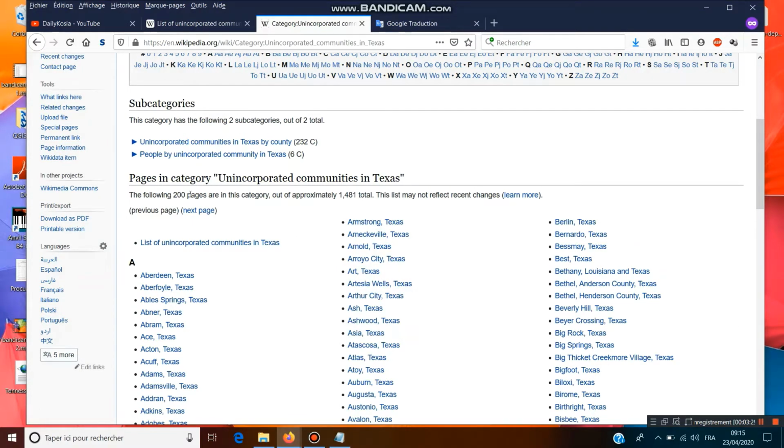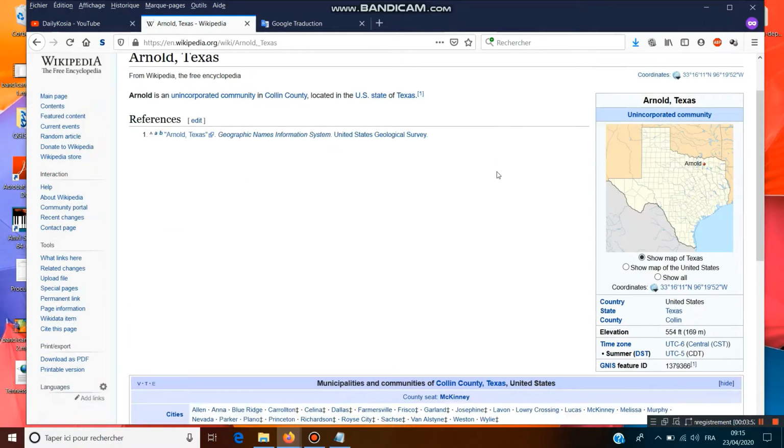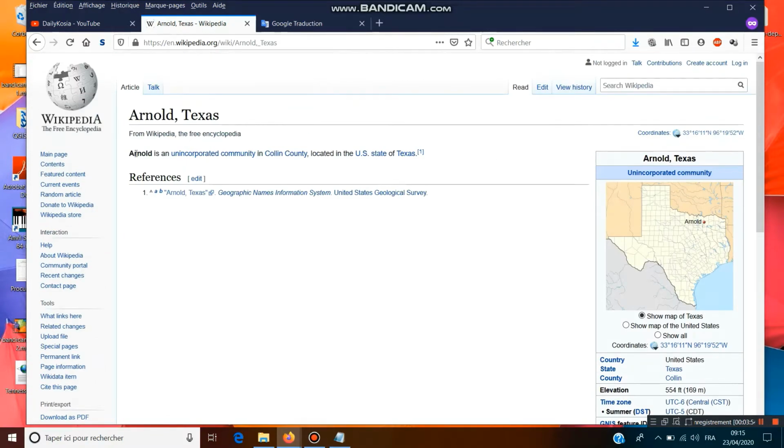But we will do the unincorporated communities, and there are very many, as you see, 1,400. Many states in the United States have very many unincorporated communities. And when you click, you see that often you have no information about the places.